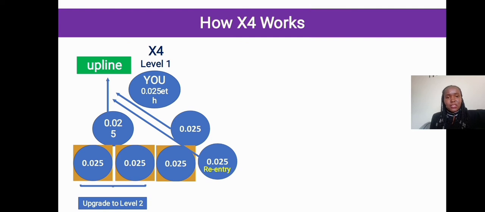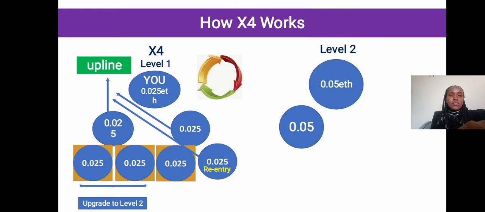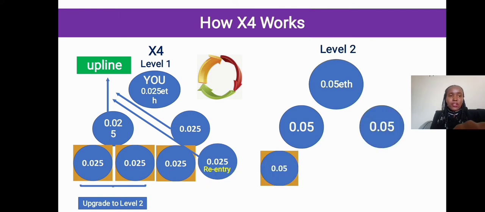The fact that this investment is able to go to the ecosystem means that you can earn without referring anyone, because the money is just going to the ecosystem randomly. So it is very possible for you to earn randomly from the ecosystem. That is why we call the X4 the investor platform. Now I want us to look at the second slot. This is the second slot. You activate with 0.05 Ethereum.